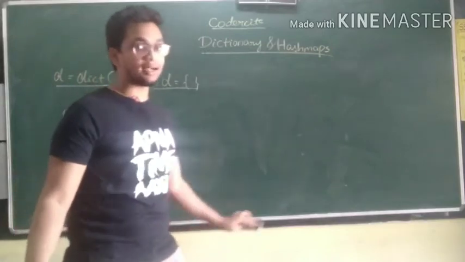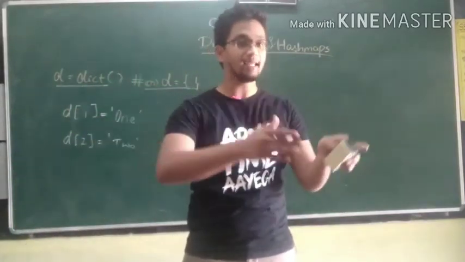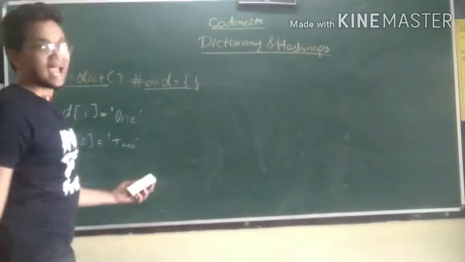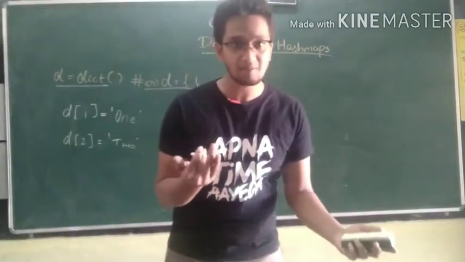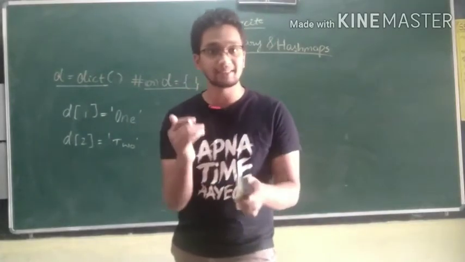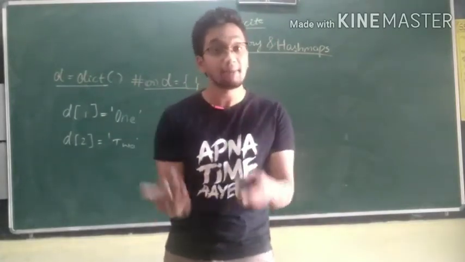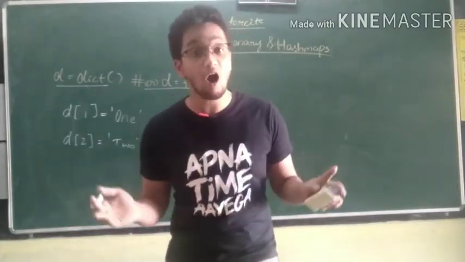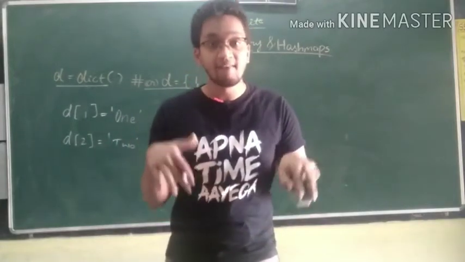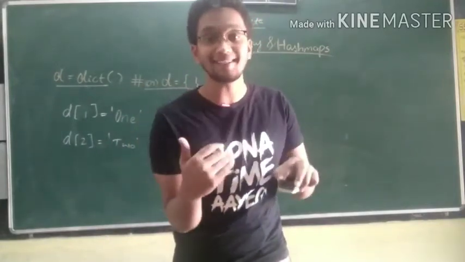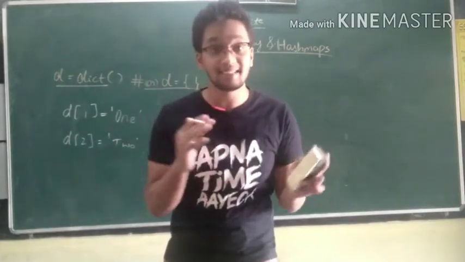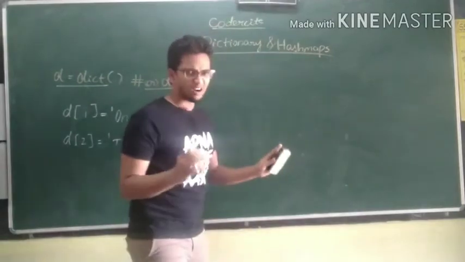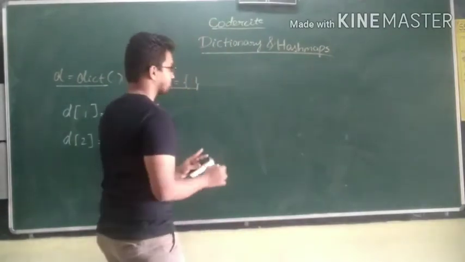So this is what a dictionary is. You can just map a key to a value. That will become a key value pair. And coming to hash maps, I have already discussed hash maps in my previous videos, right? I just stored this in a temporary array. That's what a hash map is. A hash map is nothing but a temporary array or a dictionary by itself, in which the keys are the array indexes, that is indices, and the values are the values. Got confused? It's okay, I'll explain.